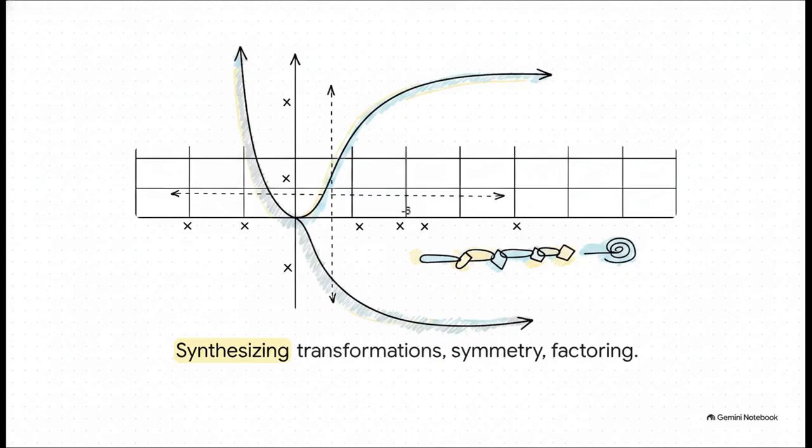You're going to use your factoring skills to find the x-intercepts or zeros. You're going to look at the leading coefficient and the degree to determine the end behaviors, where the arrows point off the graph. You'll check for line or point symmetry to help mirror the curves. Literally all those distinct tools we just reviewed are layered together right here to sketch highly accurate quartic or quintic